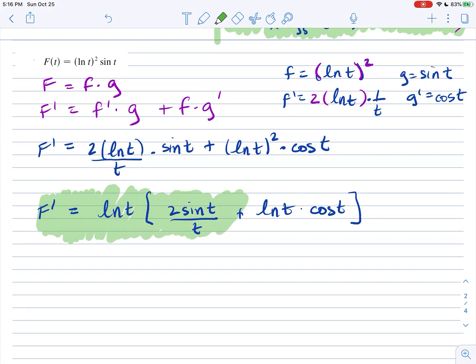All right, so the next time we will go over logarithmic differentiation, and that will take